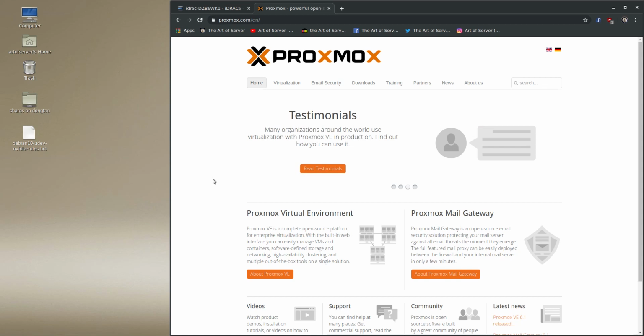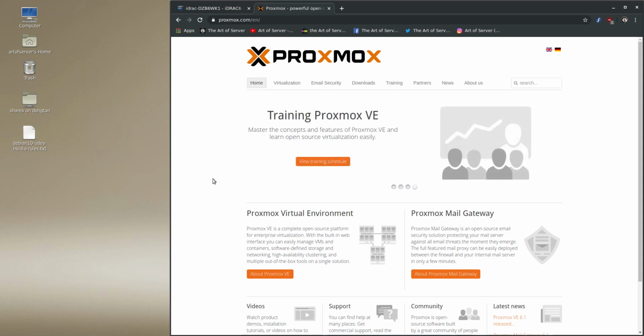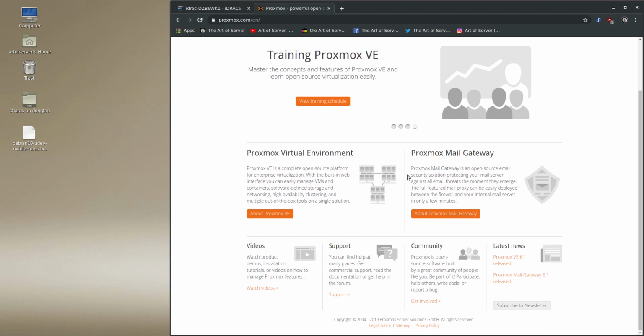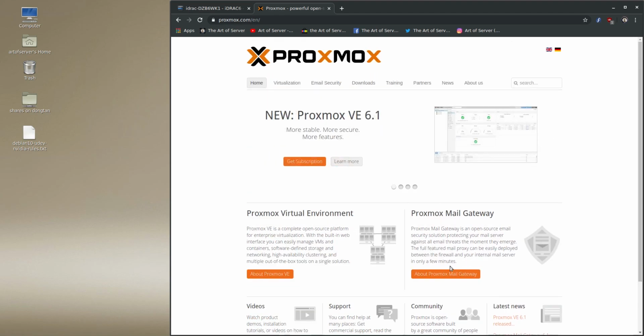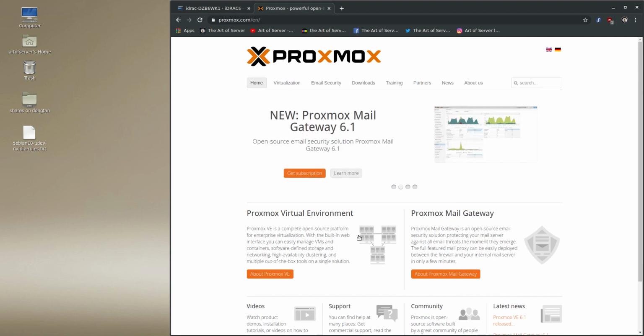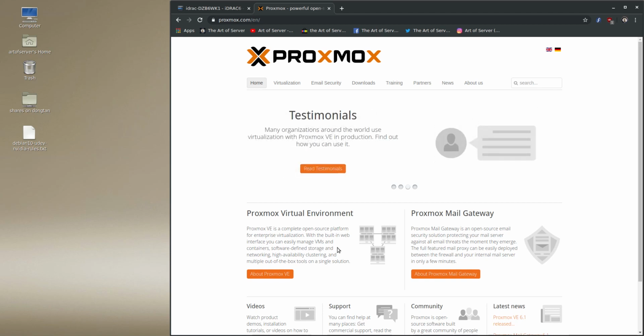Okay, so to start, we've got to download Proxmox, and I'll show you where to download. You basically go to proxmox.com, and they have all sorts of different products. I think they started with a mail gateway product and some other things, but the VE, the virtual environment product, seems to be one of the more popular products these days that I hear about. So this is the front page of their website. If you just click on downloads,